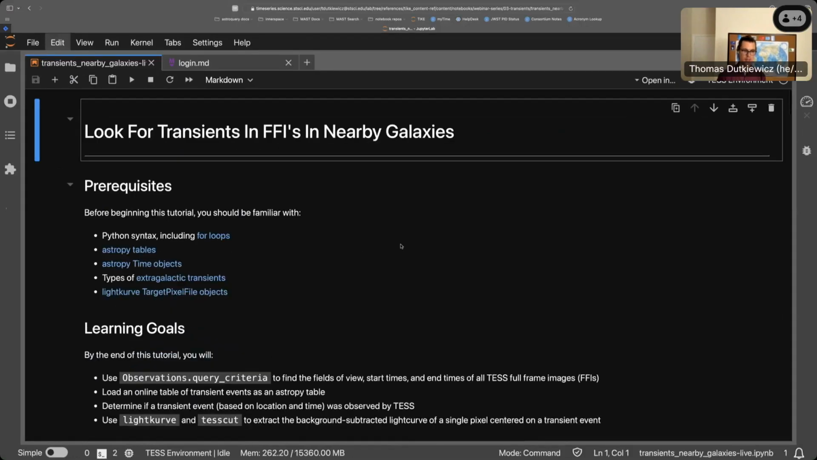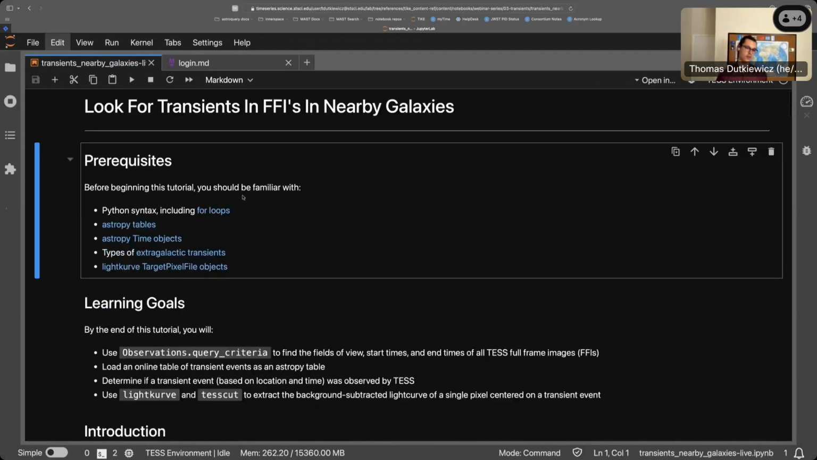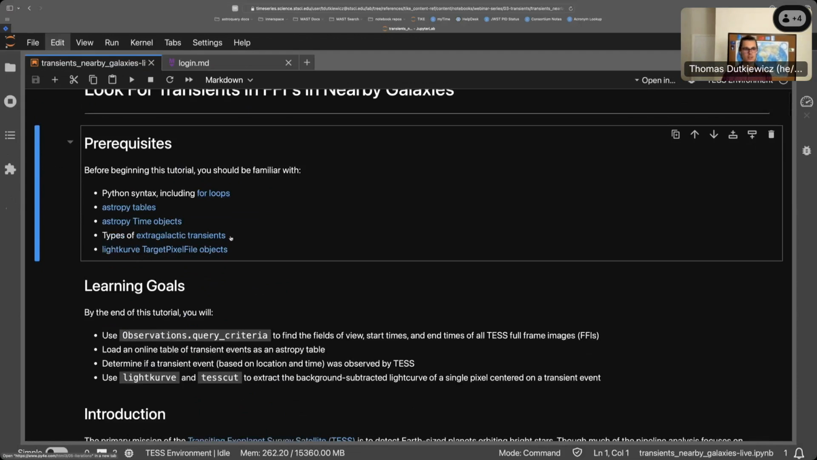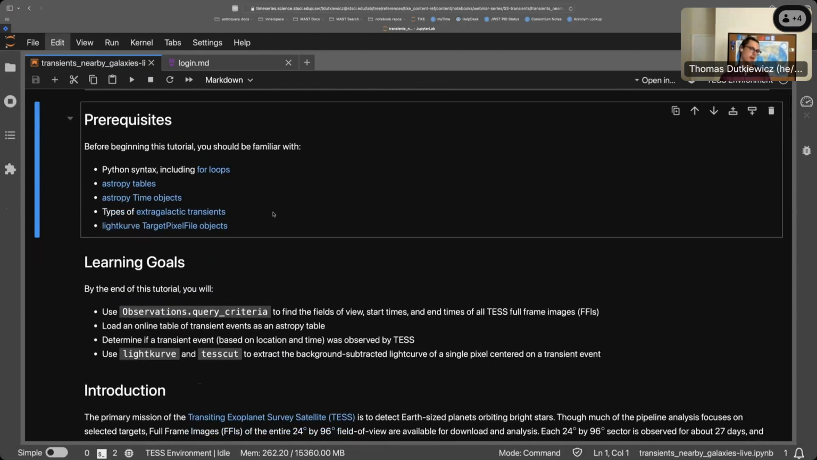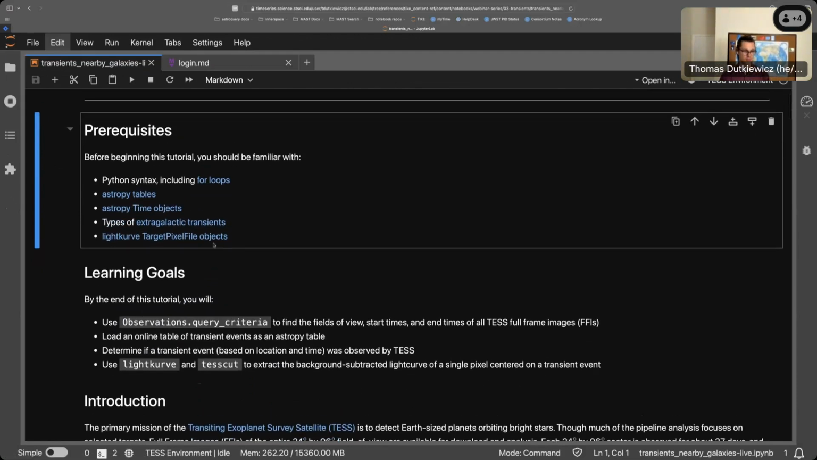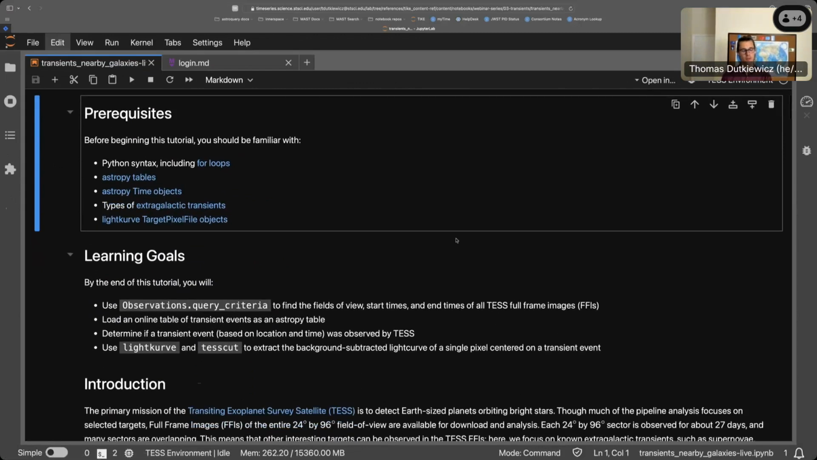Today's lesson is on transients in TESS full-frame images in nearby galaxies. There are a couple of things that you'll want to know before doing this tutorial. We've already talked about some of these. We've used for loops before. We've used lightkurve. We haven't really talked a whole lot about astropy tables or time objects, but we'll do those